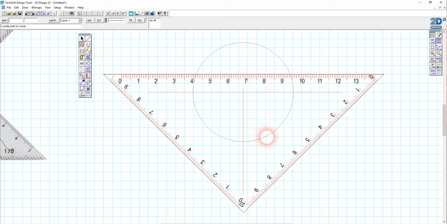If I go off the circle, just have a look at this distance here. This distance effectively is the radius of the circle, and as long as I've got the cursor on that vertical construction line, I've got a radius that is basically a factor of a half of 2.5mm. So here it's 35, next it's going to be 37.5, then 40, then 42.5. If I go to the right or left off this vertical construction line, suddenly I'm going to go to